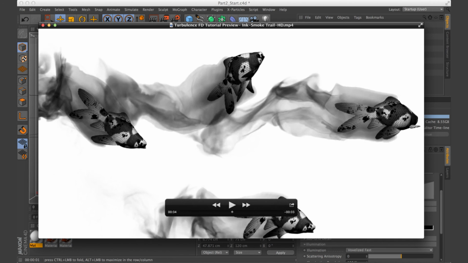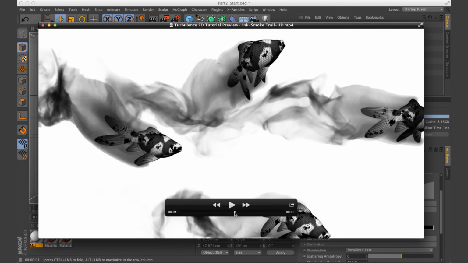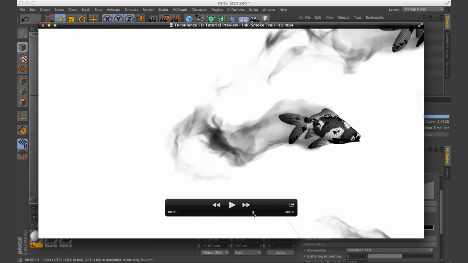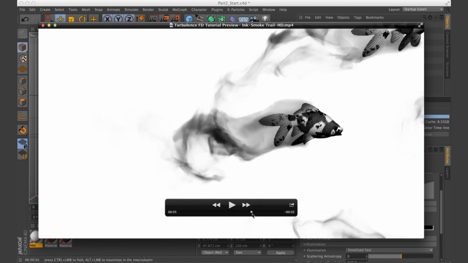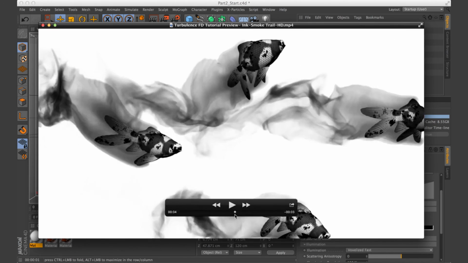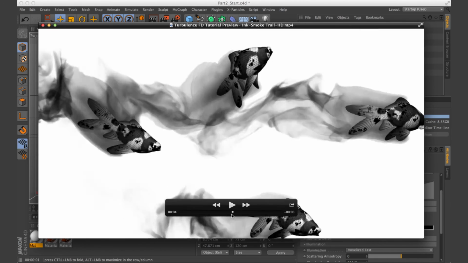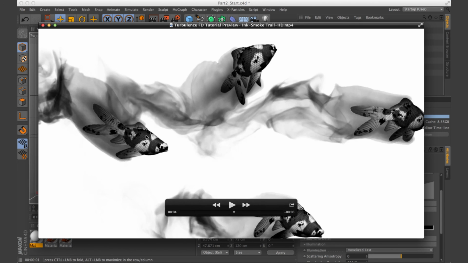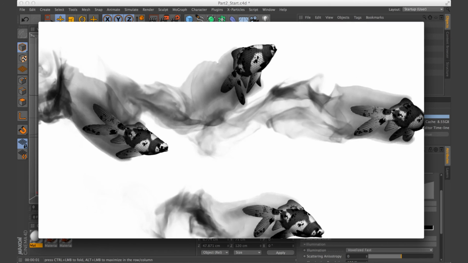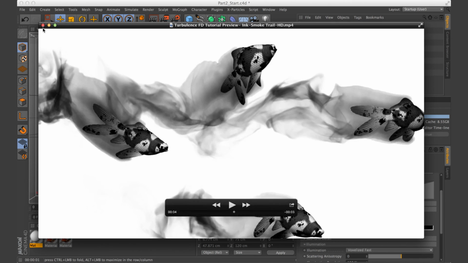So this one's swimming down, this one's swimming up, and then this one and this one are at a little bit different positions. One's a little higher than the other one, and then just set this one back in time a little bit. So it's the same render, I just duplicated it 3 more times. And so pretty easy stuff.